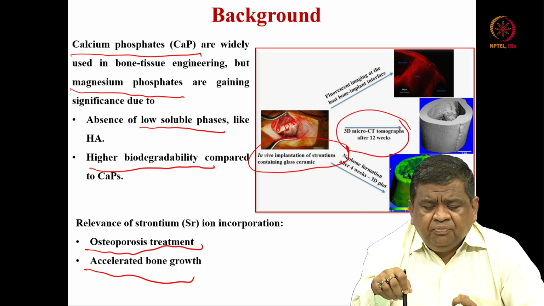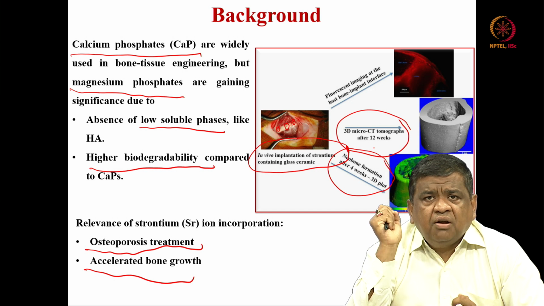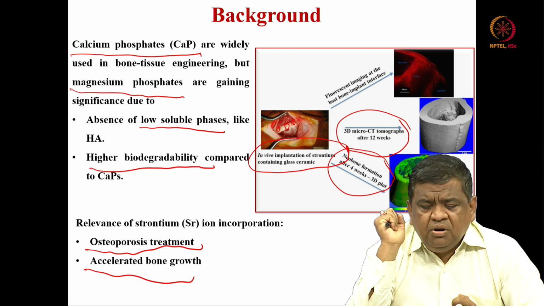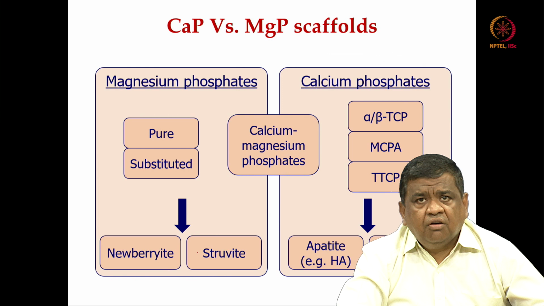We retrieved both the 4 weeks and 12 weeks samples after sacrifice. Then we did extensive 3D microcomputer tomography analysis, trying to see how bone grows into these kinds of